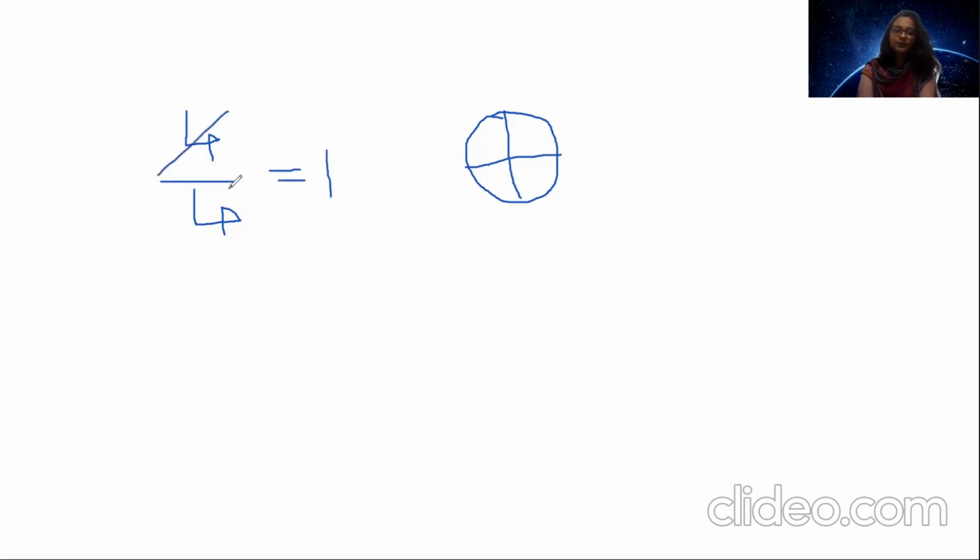remind you about something. Someone asked me a doubt in class, ma'am, what happens if the same number comes on top and bottom? So you remember the pizza example? I divided the pizza into 4 parts and all the 4 parts are with me only. I ate all the 4 parts. Then what will happen? The whole thing I ate. And so I told you that 4 by 4 is 1. You can cancel out 4s and you can just write it as 1.